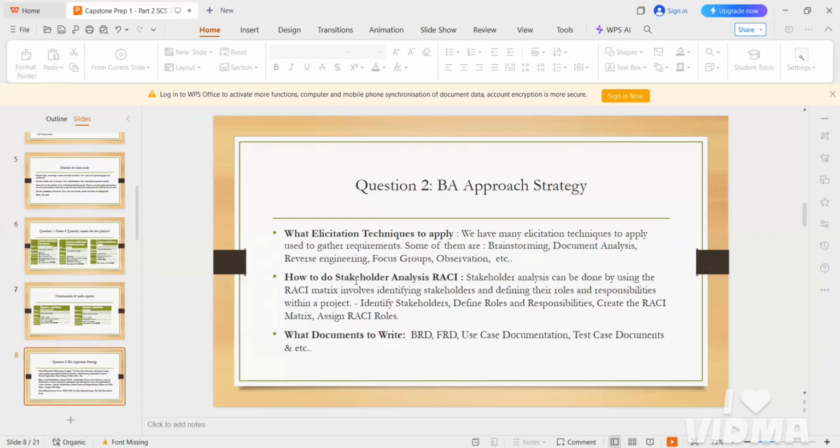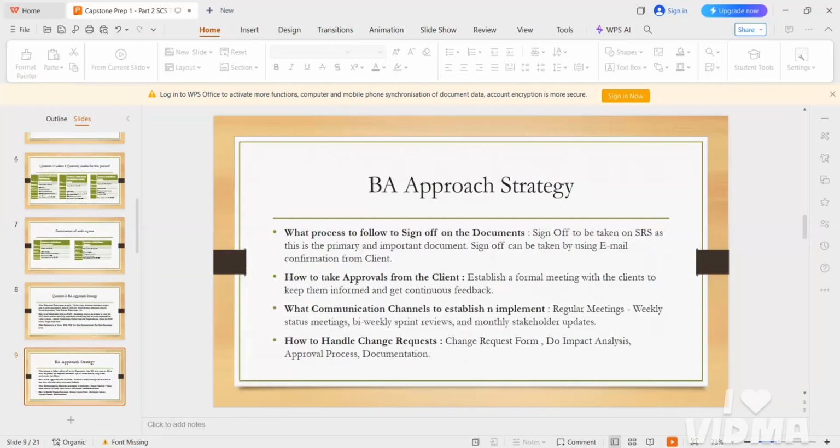You need to write down the documents like BRD, FRD, use case documents, test case documents and so on. Then you need to sign off the documents you have prepared, send them by email, and get the confirmation from the client.